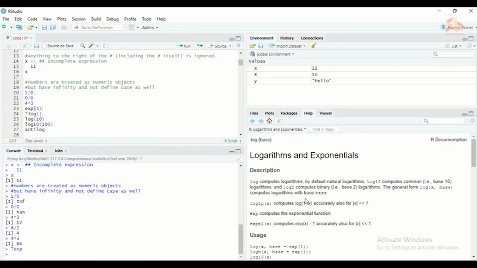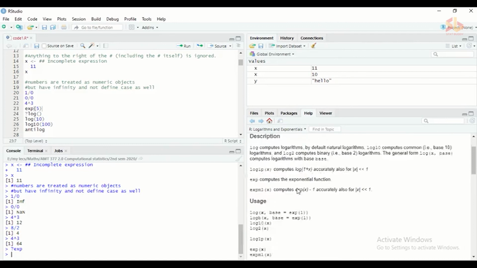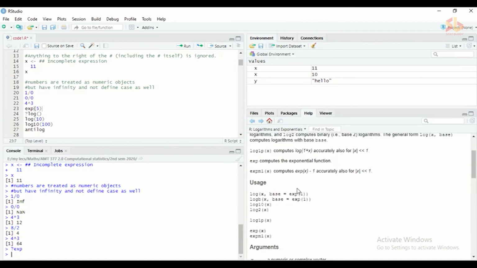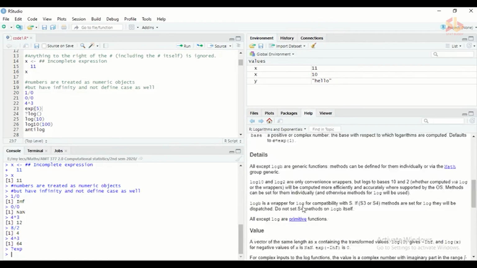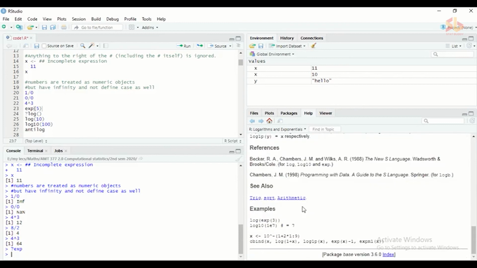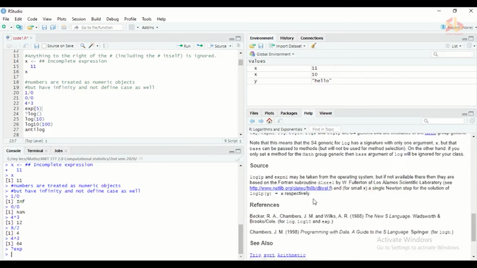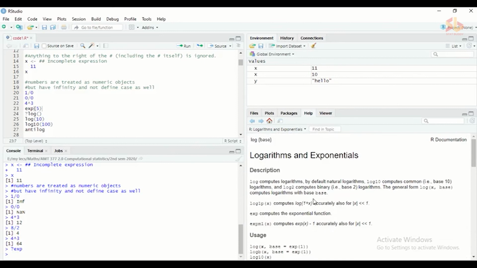Then the description of the function will be shown in the help window, and you can see the syntax with its arguments and the details as well as examples. You can go through this help and learn more about functions. Then you can try different combinations or different types of inputs with different arguments in the same function to see the behavior of the function.